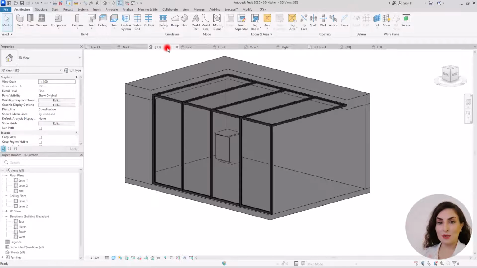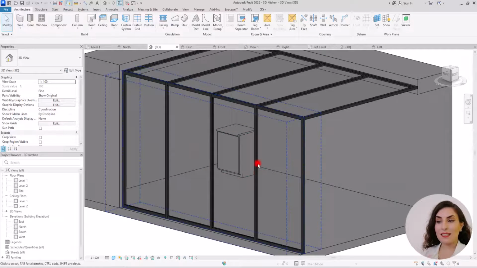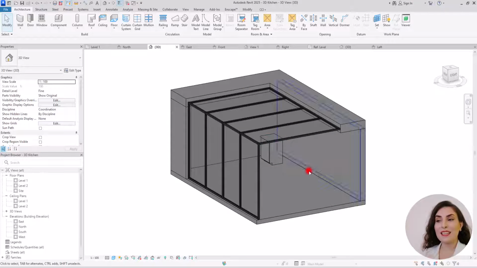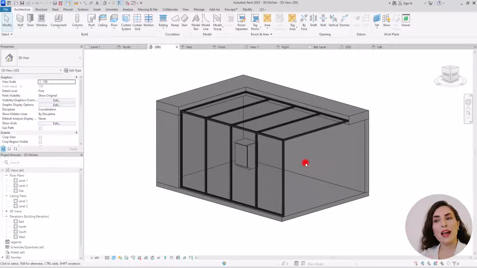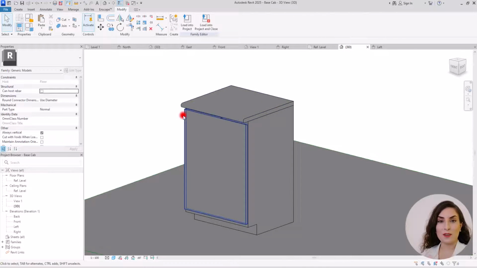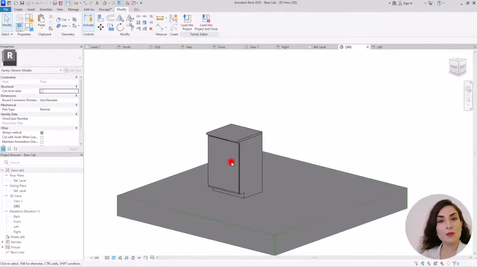We can go to the 3D view and set this cabinet in here all over the kitchen, but I prefer to add the other base cabinet, floor base families, and then set all of them together, because otherwise it will be a lot of redo and we don't want that. So let's go back to the family that we just created. As I said, we are not going to create the other families from the beginning, but we are going to change some parts. So the next cabinet that we are going to create is the tall cabinets, and for that,